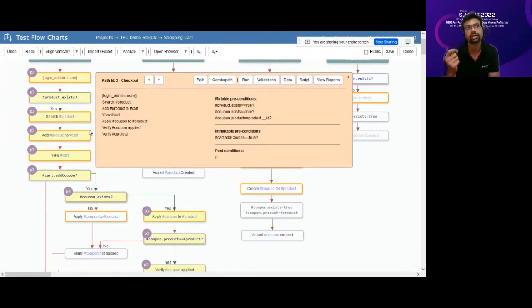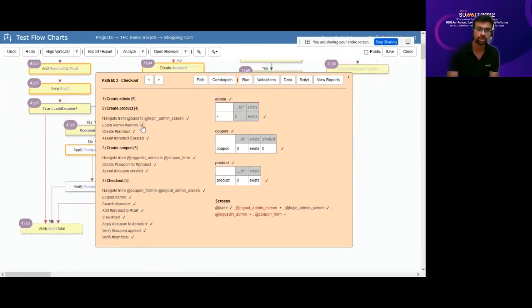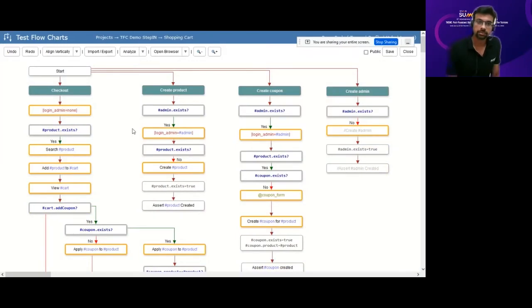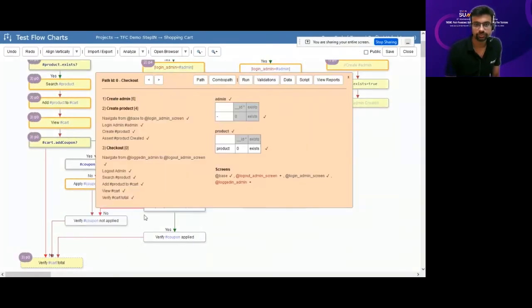We haven't talked anywhere about the automation itself, or what is underneath that is going to happen. But what we have figured out is, if I were a manual tester, this is what I would go about doing, and this is the data on which I'll verify my things. Okay, so now, what are all these things here? Let's look at that. Let me take a path again and look at this.